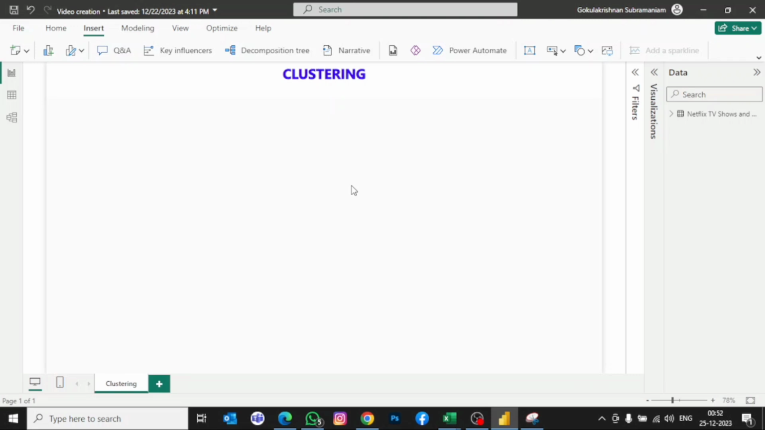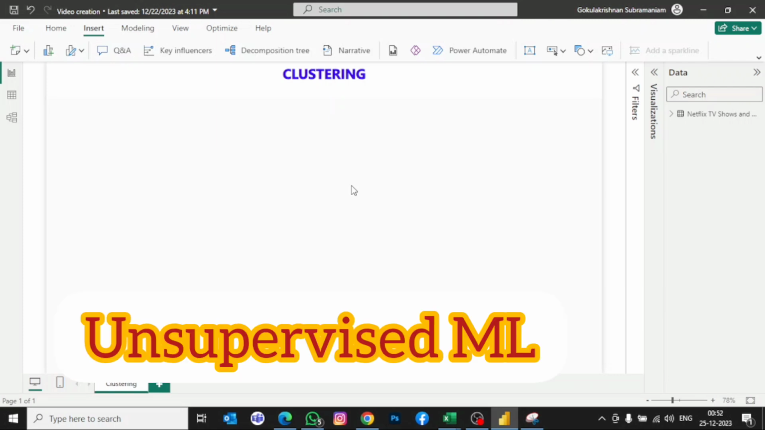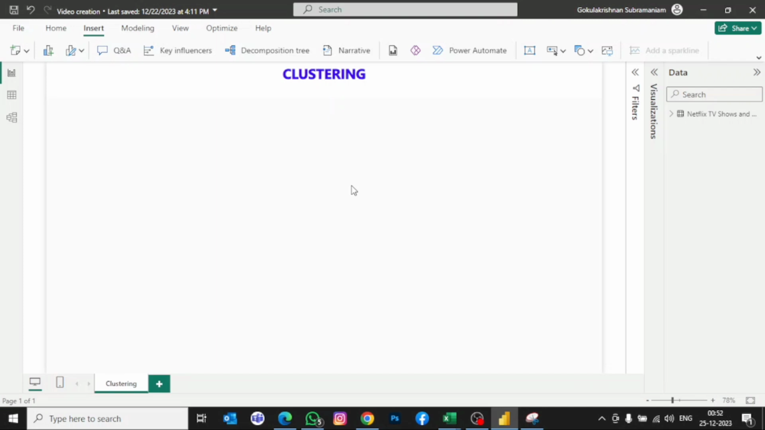Create a clustering, which is a part of unsupervised machine learning method in Power BI. First question we will be getting is, is it possible to create a cluster in Power BI? The answer is yes, we can do it with the existing data and the chart which is available in